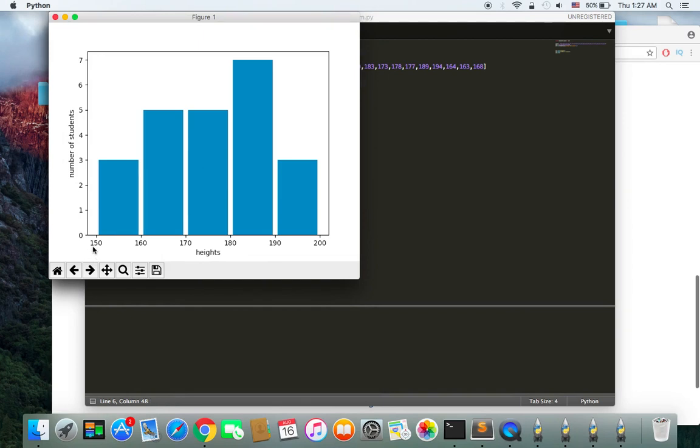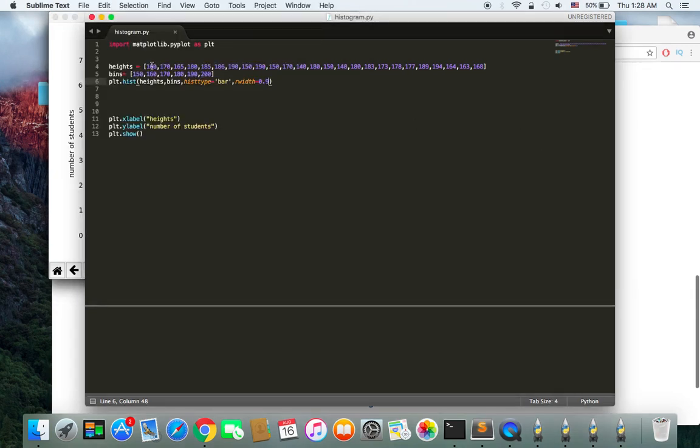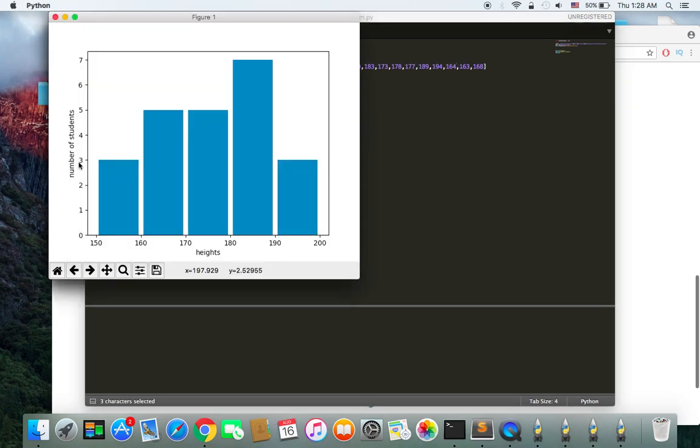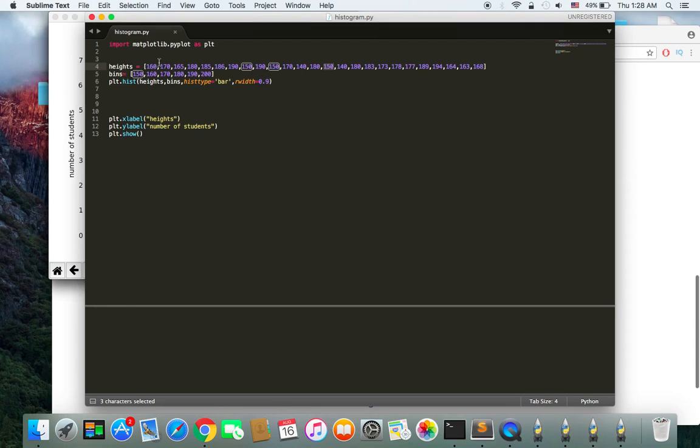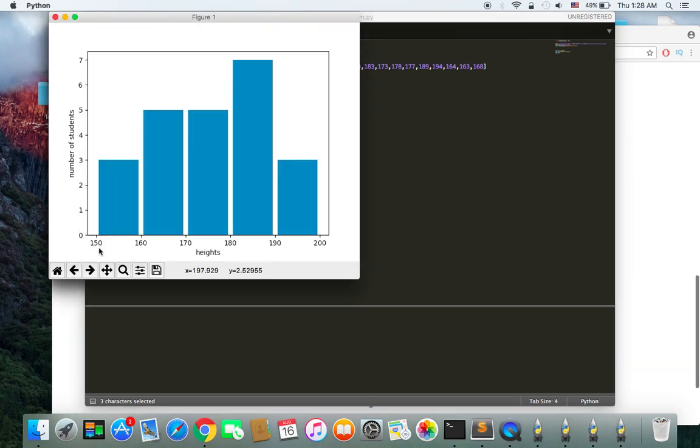So people between 150 to 160 are only 3 students. Only 3 students have heights between 150 to 160. And is that true? Let's verify that. If we go into this array, this is number 1, and then number 2, and then number 3, and then number 4, and yeah, 4 people. This one should be 4 people, not 5 people, from 150 to 160, but it didn't take into account the 160 because it starts from 150 and it ends at 159, not